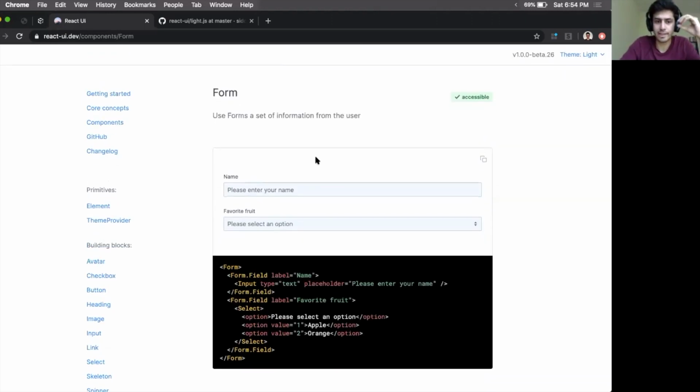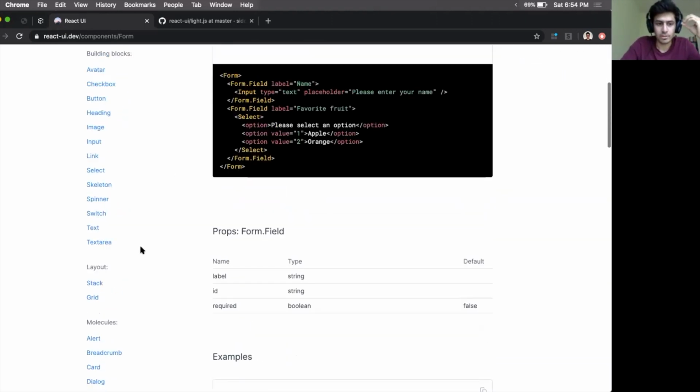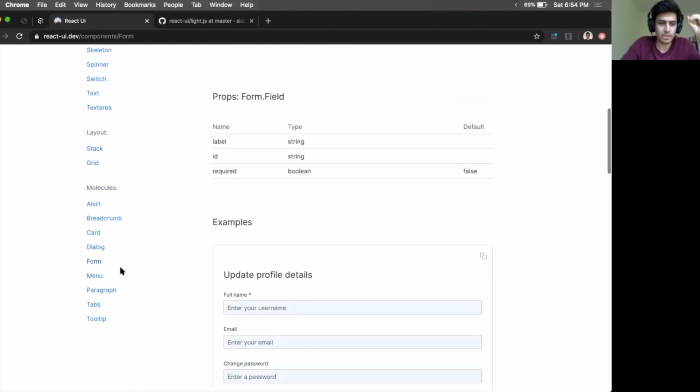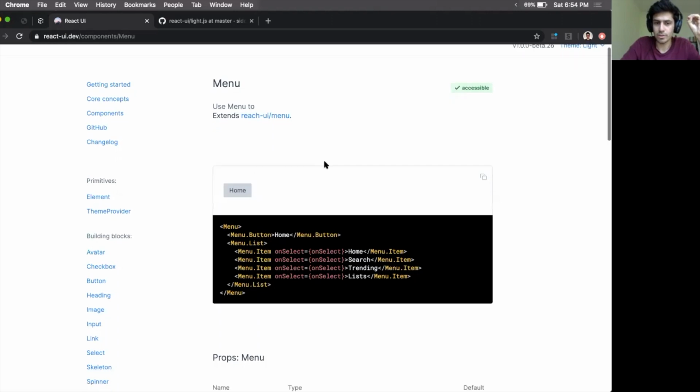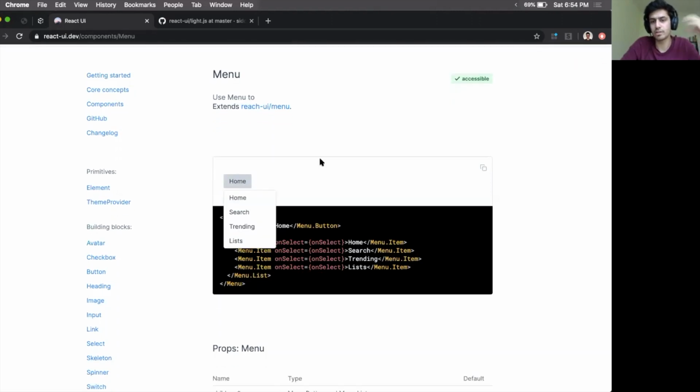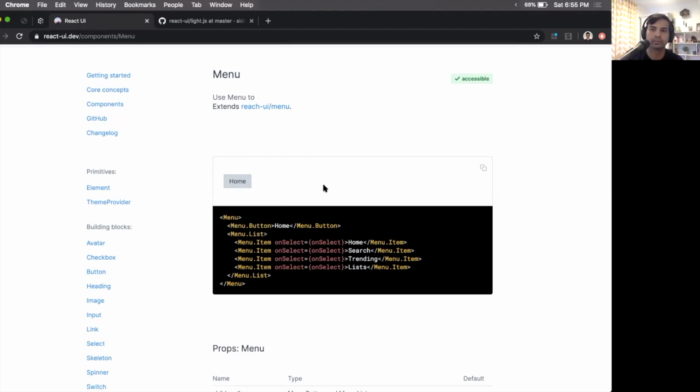Then there are things like keyboard accessibility. Some components in React UI are based on Reach UI. For example, our menu component is based on Reach menu, and we borrow all of the keyboard accessibility features from them. Plus all of these have the right labels as well. So there's vision, keyboard, and screen reader, all of those are covered.